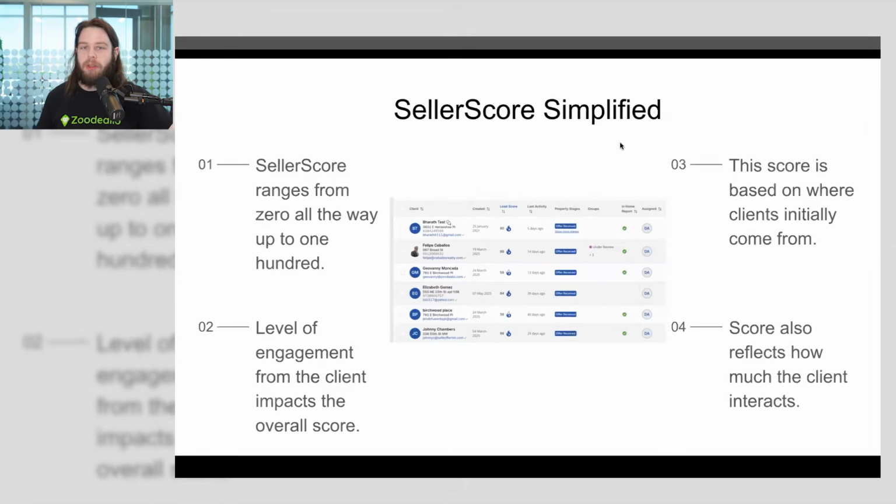So this by default is included with every single Zoodealio account. If you log into your account now, you should see this already there and available. We have gone back, and any contact that's in Zoodealio on any account, we have tried to basically attach a score to. Depending on how old the lead is within your account, that may or may not have been possible,